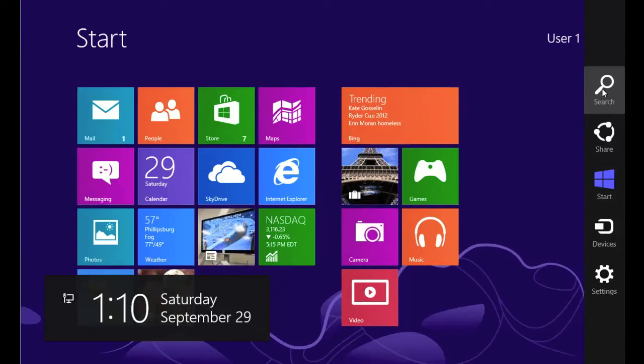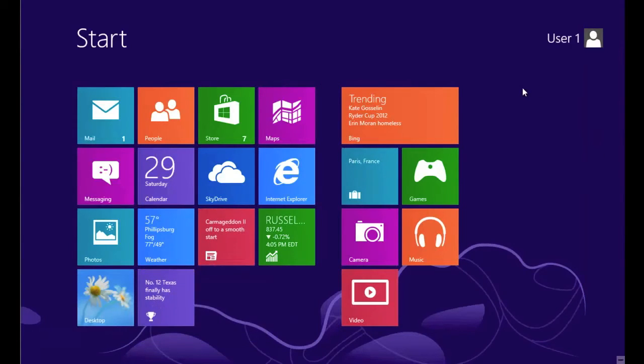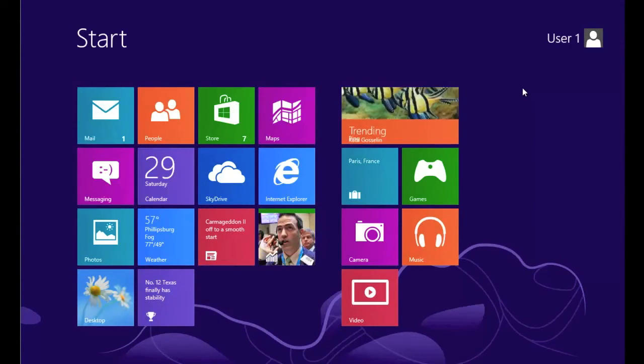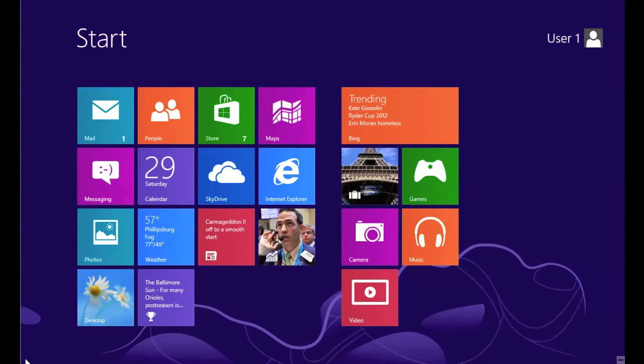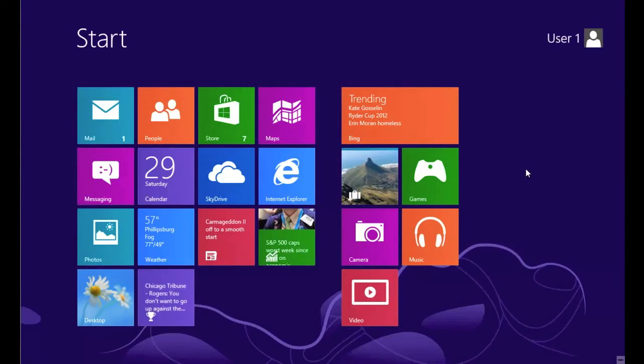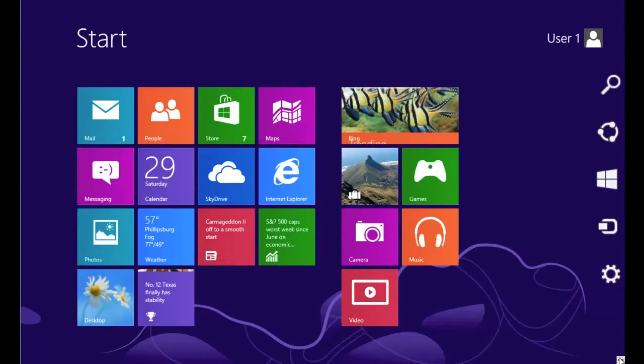Let's go through some of these. One of the first questions people ask is, how do I exit Windows? Do I just turn off my computer? No, you don't want to do that. You want to go through the normal shutdown procedure. Well, believe it or not, this is not obvious. As you can see, there's no start orb, so how do we turn it off? Well, the way we do that is we go to the charms bar again,